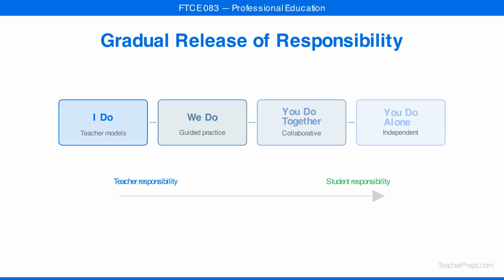Phase 3, you do together. Students practice in pairs or small groups while the teacher circulates and provides feedback. Phase 4, you do alone. Students demonstrate the skill independently. This is where the teacher assesses whether the student has truly learned. The power of this model is that it gradually shifts the cognitive work from the teacher to the student. A common mistake is jumping from I do straight to you do alone, skipping the guided and collaborative practice that